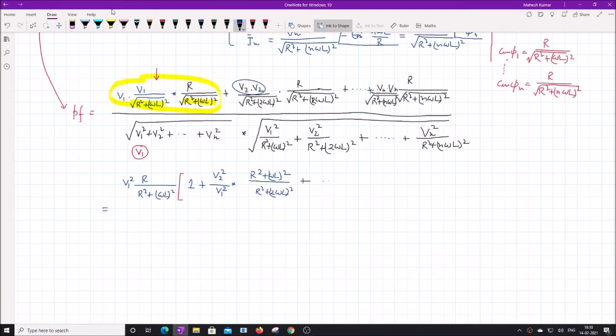This goes till the nth component, so this is finally Vn by V1 square into R square plus omega L square by R square plus n omega L square, because this is the nth component. So here you will get n, not 2. Okay, so this is n omega L square, and close this bracket here, and the whole thing divided by